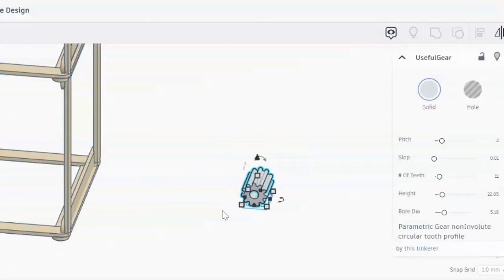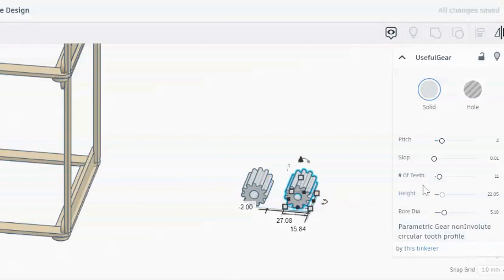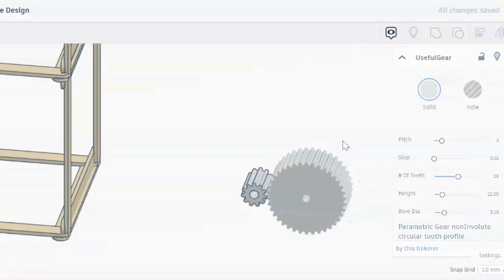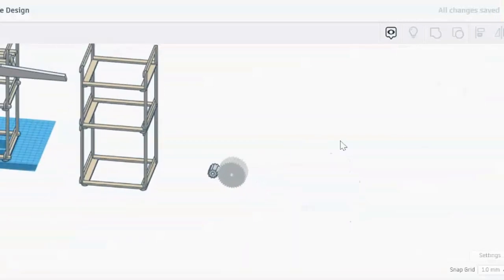So again, if I wanted more than one of these, I could hit duplicate. Now I've got two side by side that are the same size. And then I could change the number of teeth in the second gear. Okay, and move that over. And I could have this large gear to small gear relationship, something like that. And then in terms of the blade design,